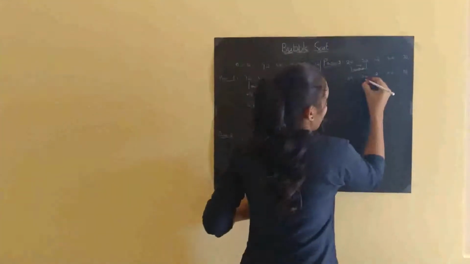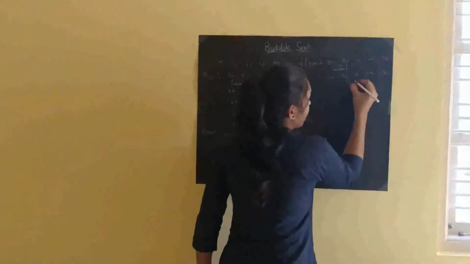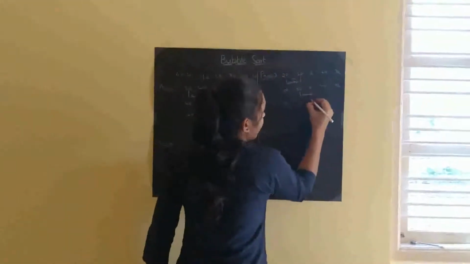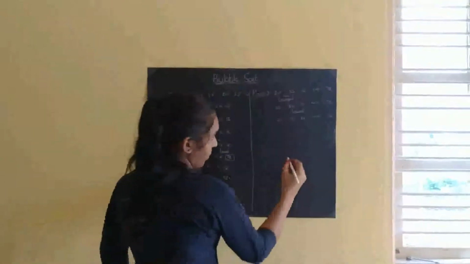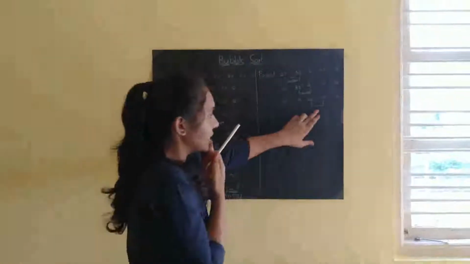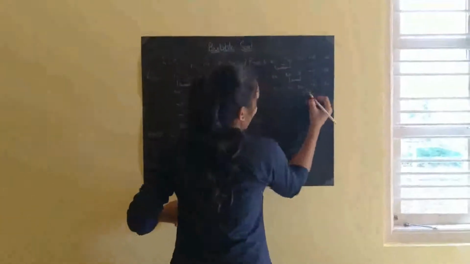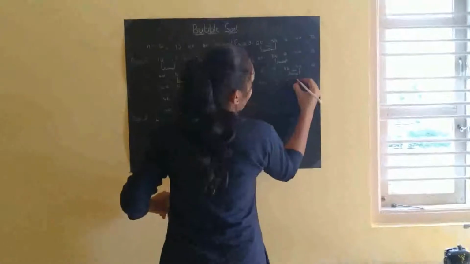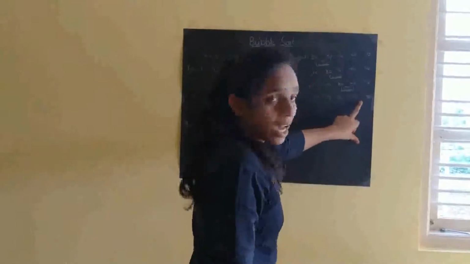Next we are comparing 35 with 12. Here 35 is greater than 12. So we are swapping. And we get the result 20, 12, 35, 46, 72. And again we are comparing 35 with 46. Here 35 is less than 46. So there is no swapping. And we get the result 20, 12, 35, 46, 72. And the last two numbers are in their positions.